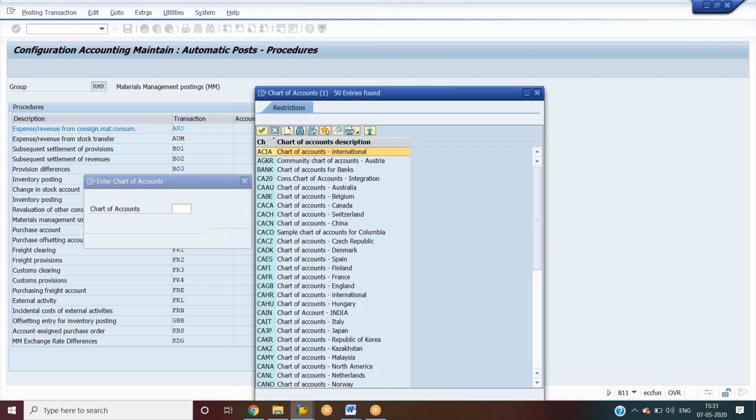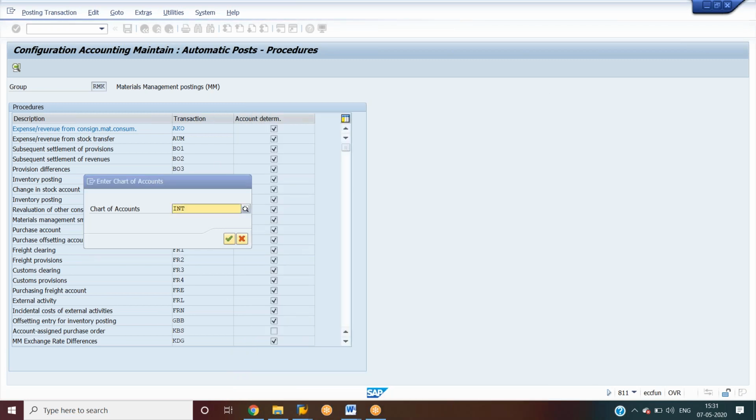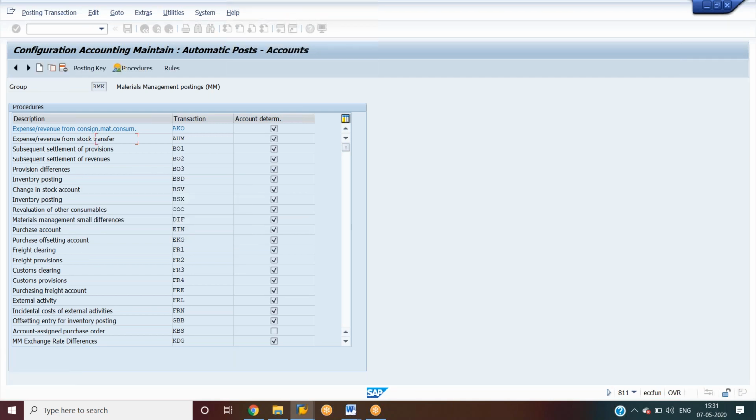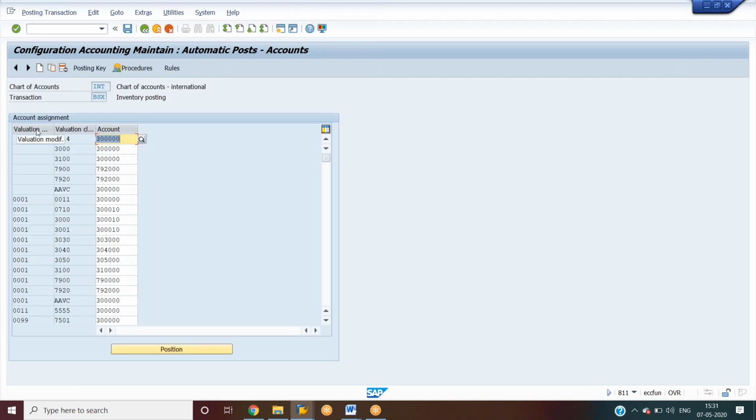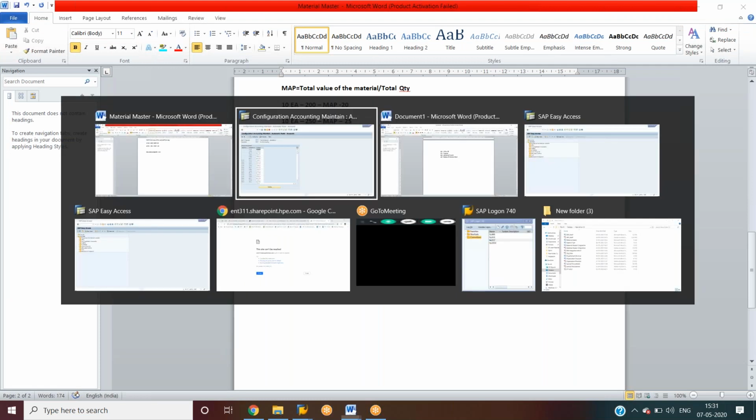So here you can find, and I'm just giving directly INT International. Click enter. Okay, see here, account modifier. What is account modifier? It is the valuation group code. I explained at the beginning.